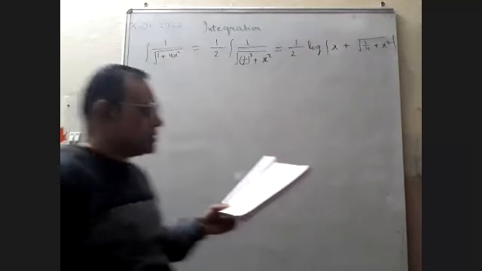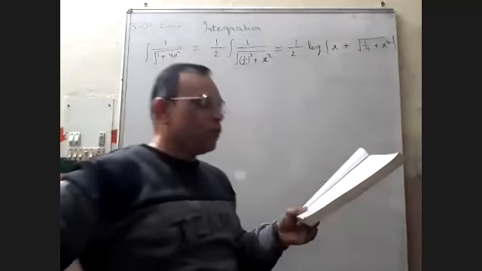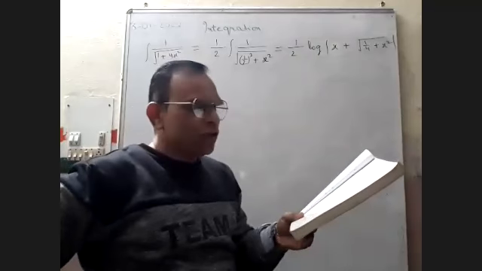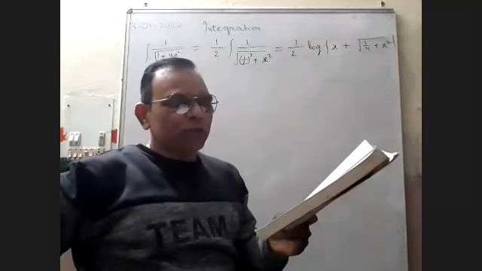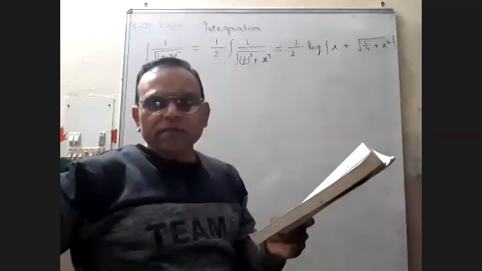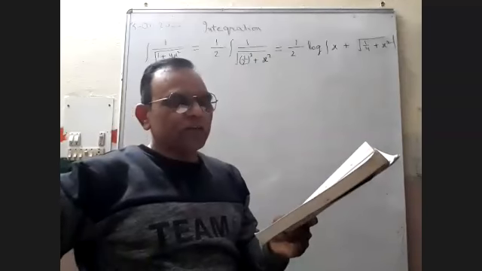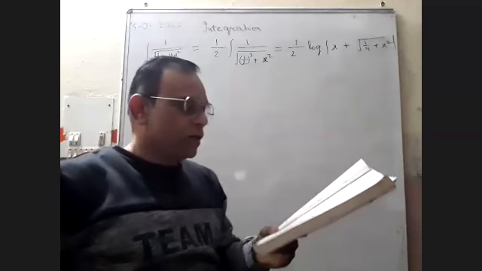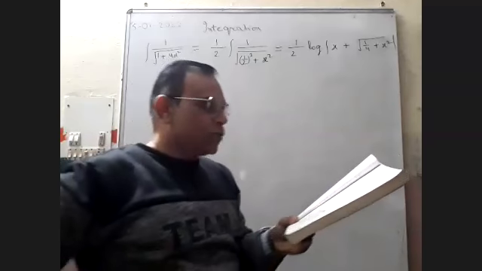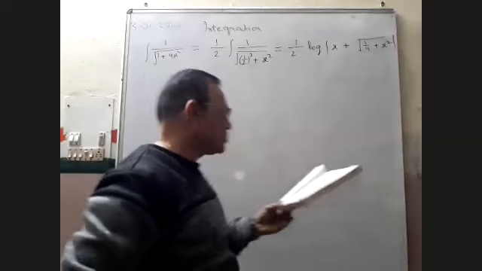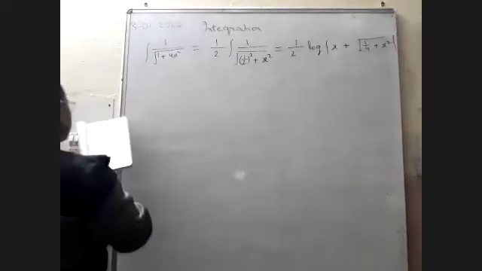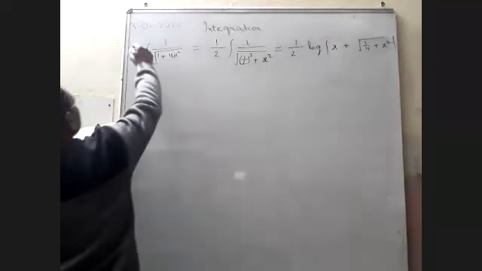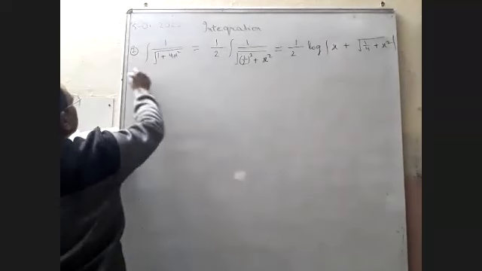In question number 6, it is x square upon 1 minus x to the power 6, so you can let x to the power 3 is t. Right? Differentiation will be 3x square, so x square is available there. In question number 7, 7 is a different question. This question I am just doing here. This was the second question. Question number 7,